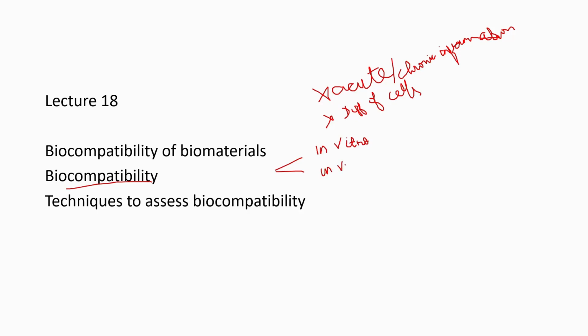In vivo experiments are done with the model, mostly model animals, and they are exposed to the biomaterials and their response is seen. So in vitro we can do so by checking the cytotoxicity,